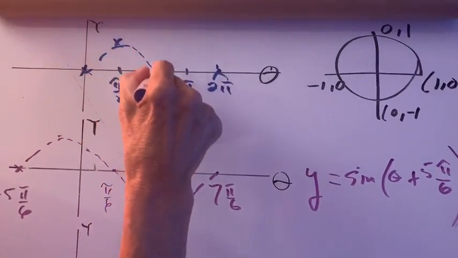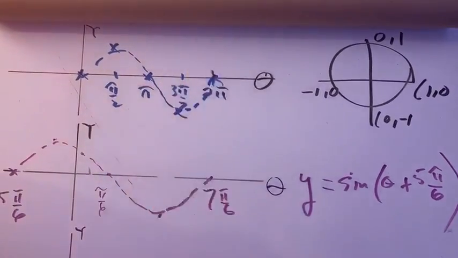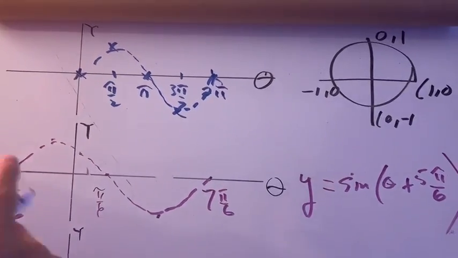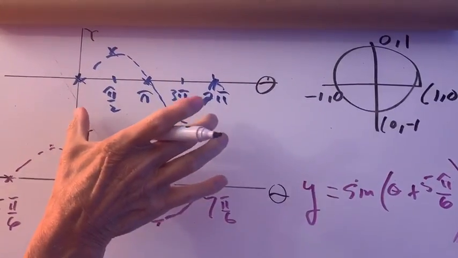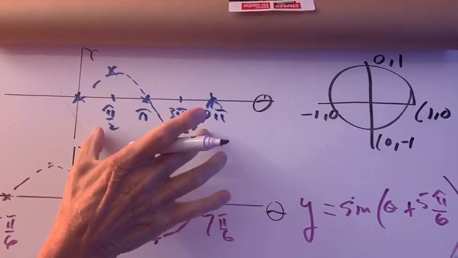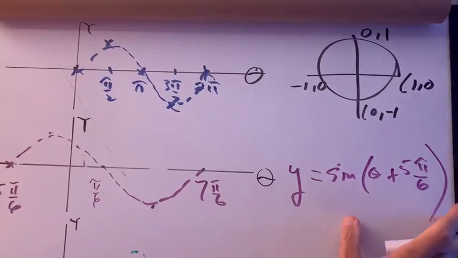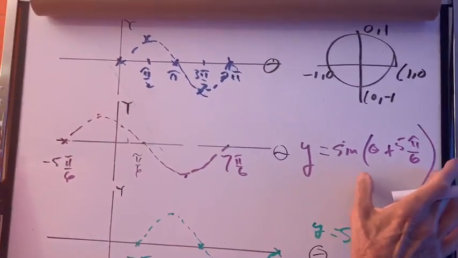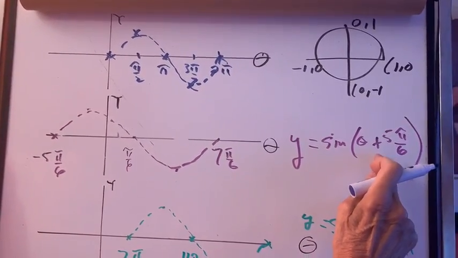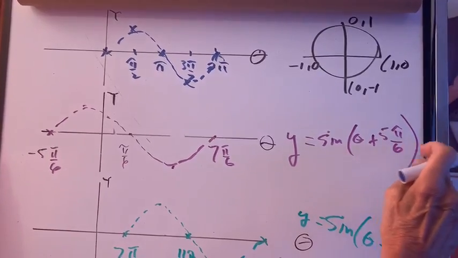And the curve goes like this. I'm dotting it because it's easier for me to draw. As long as I know where it is, now I can start moving it. So let's go down to this one. We're going to phase shift it. Set this equal to 0, and theta will be equal to minus 5 pi